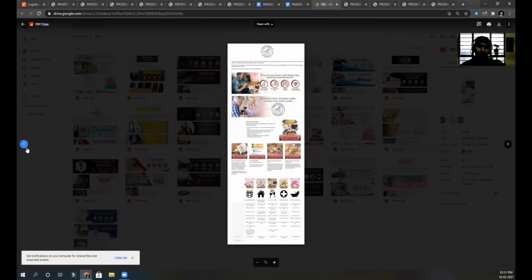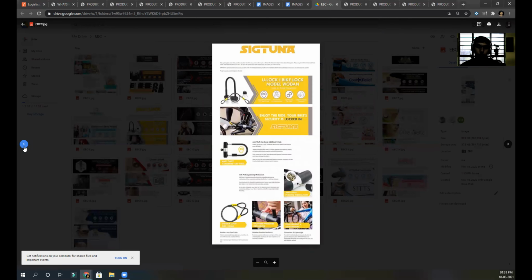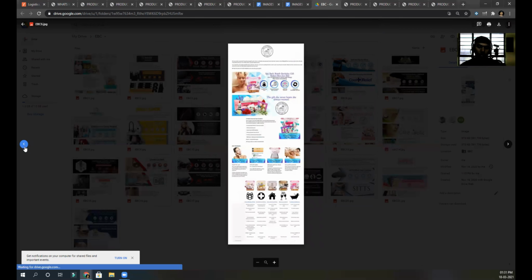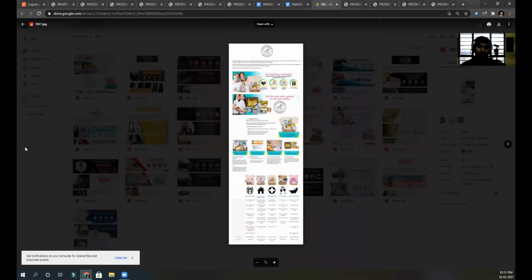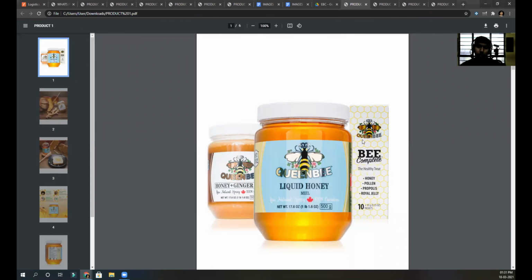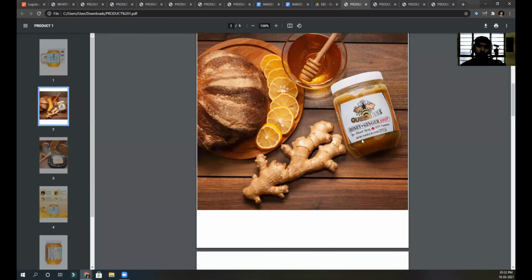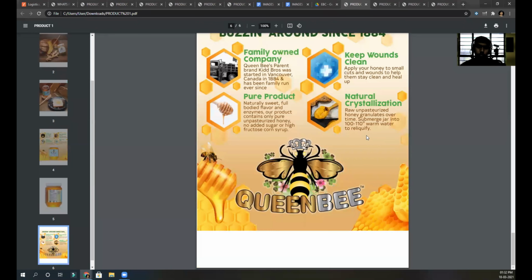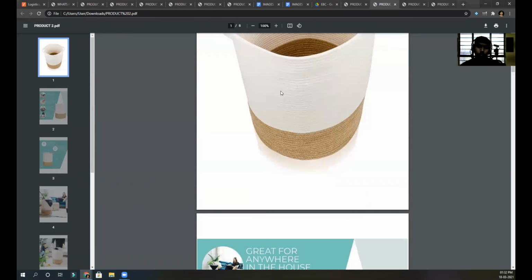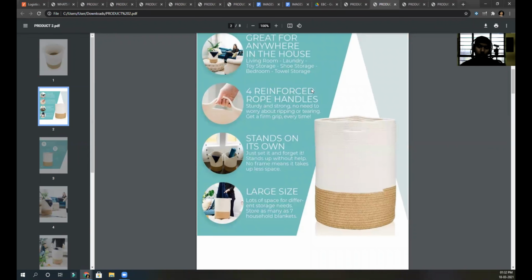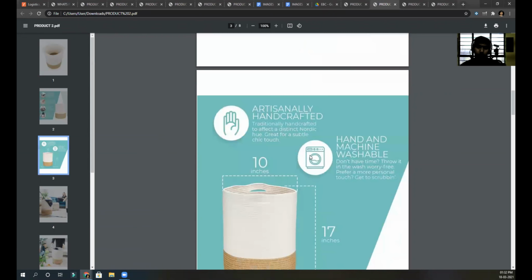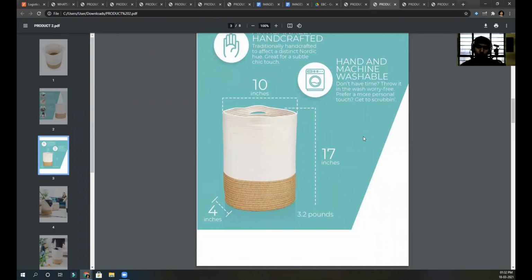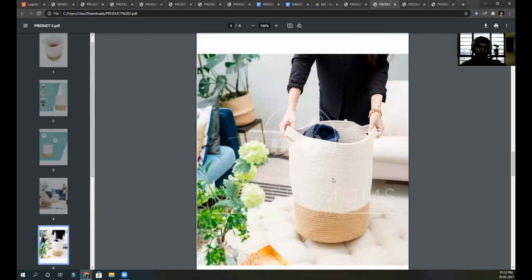Now I have a particular template which is actually converting really good. These are some examples of A plus content. Here are some more examples of products. The color goes so well with this. It looks so good in this color. The color is really good. Just look at the attention to detail of the shadows and all. Those are really important.